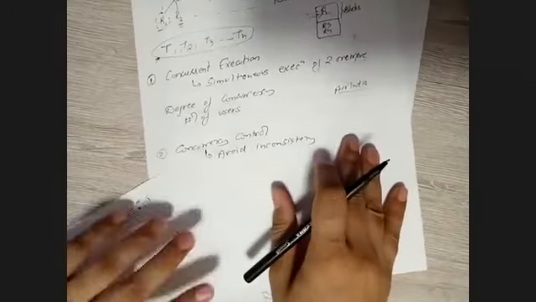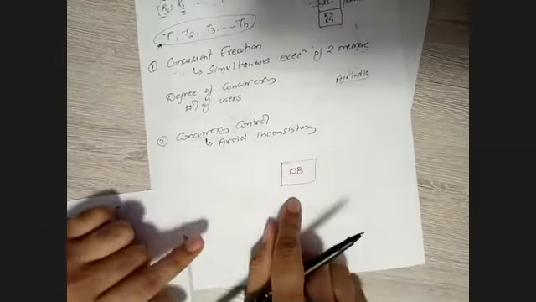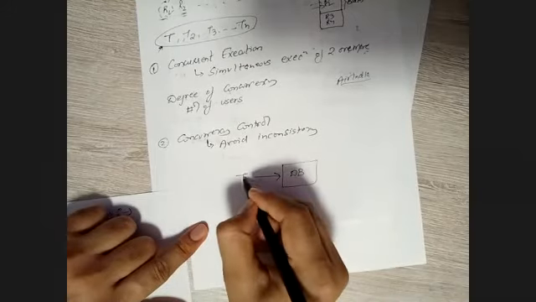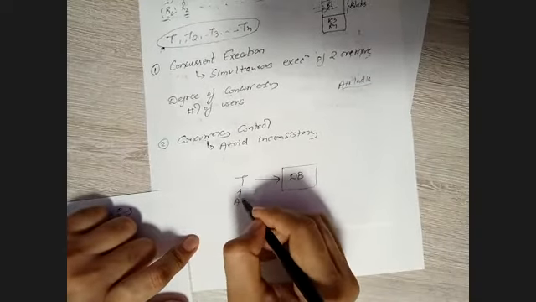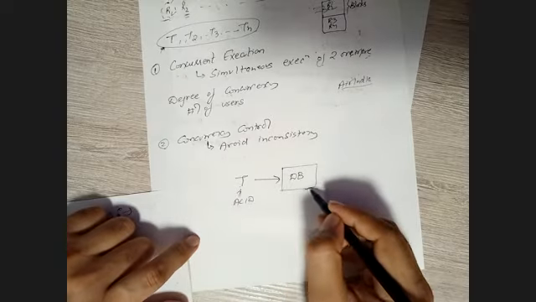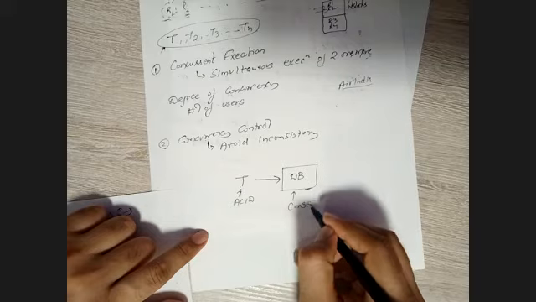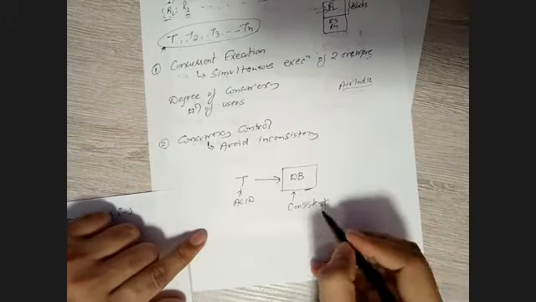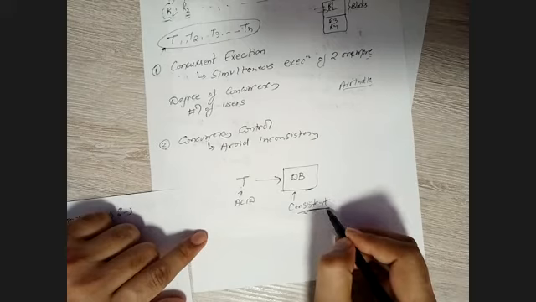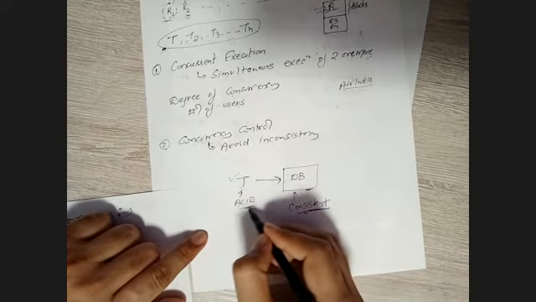So understand in the database, for example, this is our database. We are performing some transaction over the database. This transaction should follow the ACID properties. Only then can you perform it over the database. Our database is consistent, right? Consistent means our database is correct. There is nothing wrong with the database. But to keep this database consistent, we perform some transaction. This transaction should follow the ACID properties.